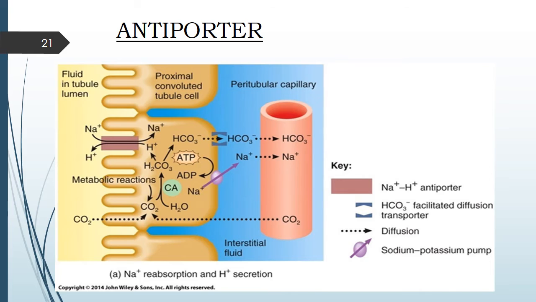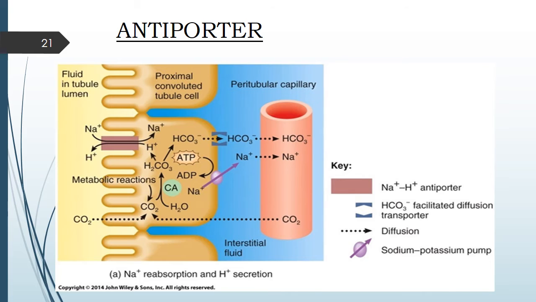The proximal convoluted tubule produces the H plus ions needed for the running of the antiporters, via the carbon dioxide which diffuses from the peritubular blood and the tubular fluid, and also it is produced by the metabolic reaction within the cell, which is denoted in the picture. The cell contains the enzyme carbonic anhydrase, that is the CA denoted in the picture, which catalyzes the reaction